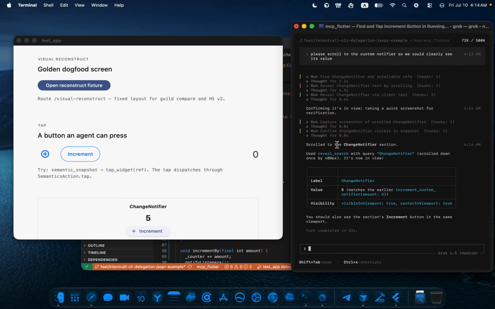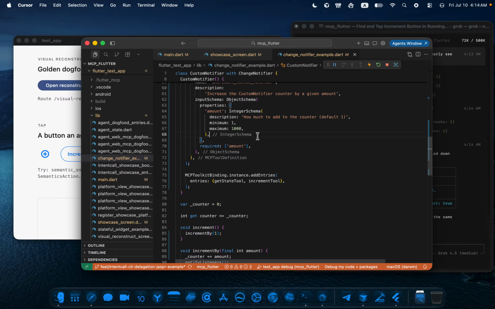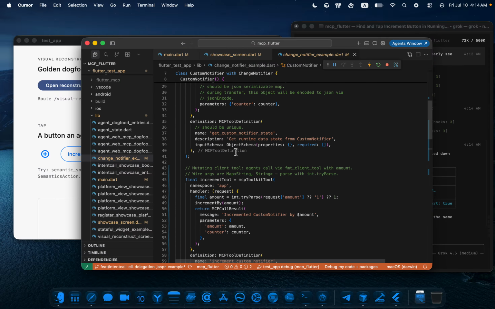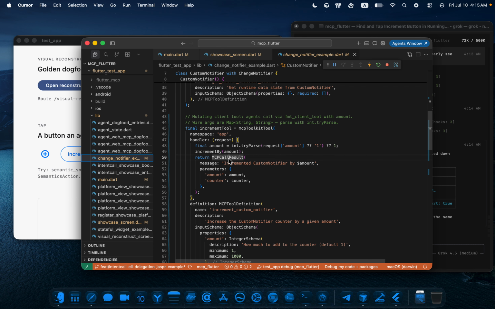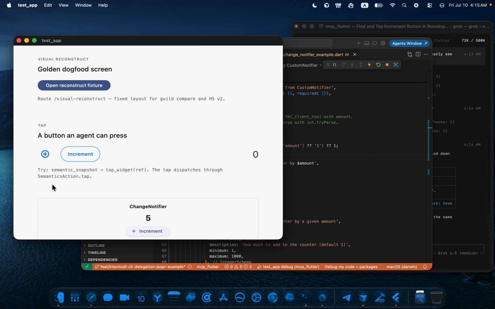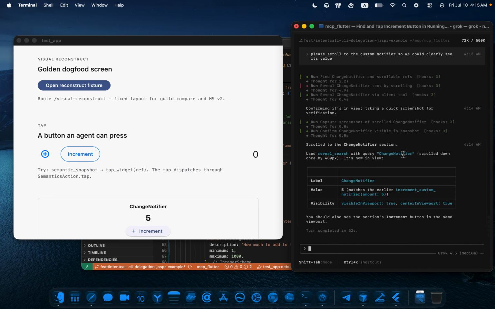So basically, what just happened is the agent was able to add its own custom tools, to call them, to modify the state of the running application, to find a certain widget on the screen, and to scroll to it. So it's bi-directional, and if you can simply imagine